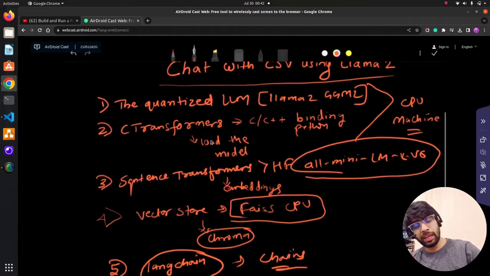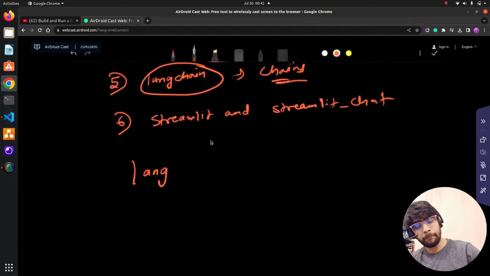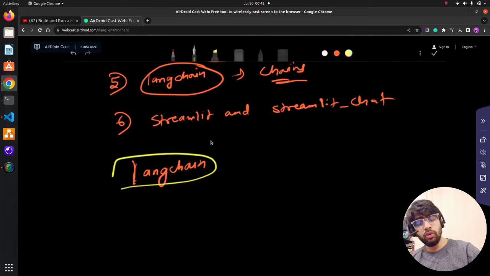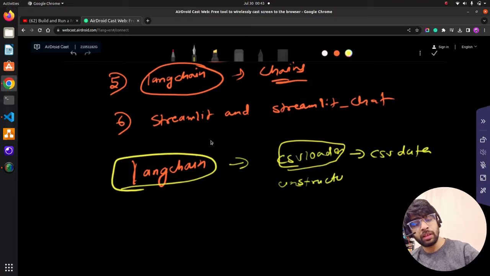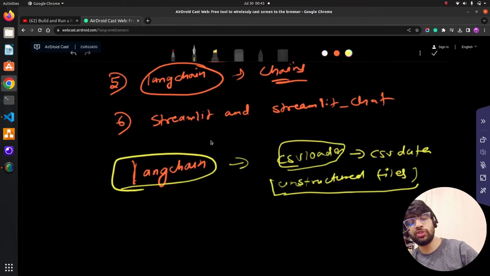A very simple thing. When I say LangChain, what I'm going to do is use a CSV loader here to load my CSV data. Now you can also look at something called unstructured files or loader. If it's not deprecated, you can look at unstructured files as well in LangChain. I'm going to use the CSV loader to get this CSV data,